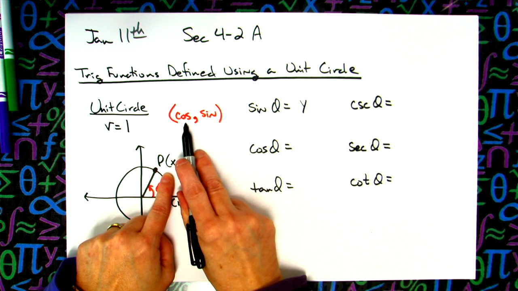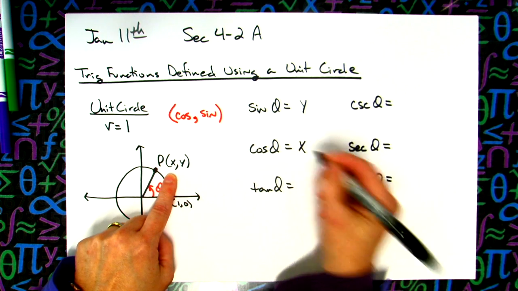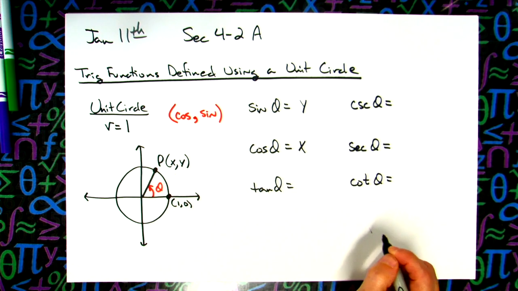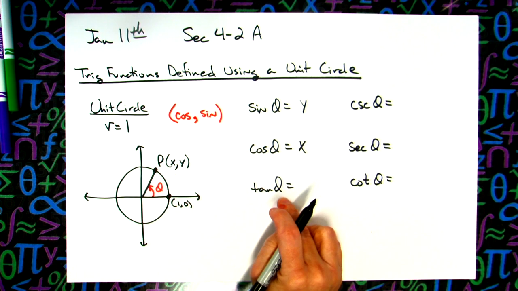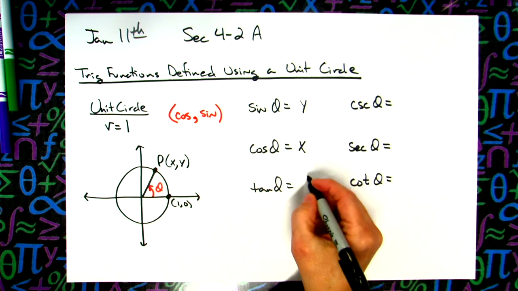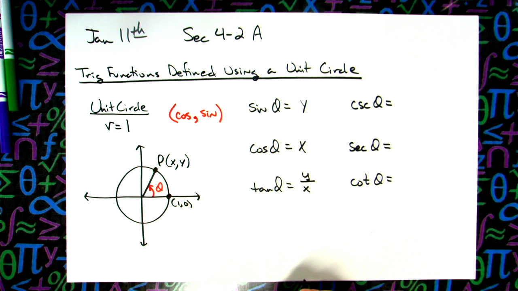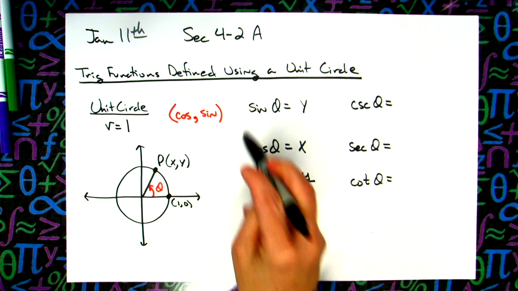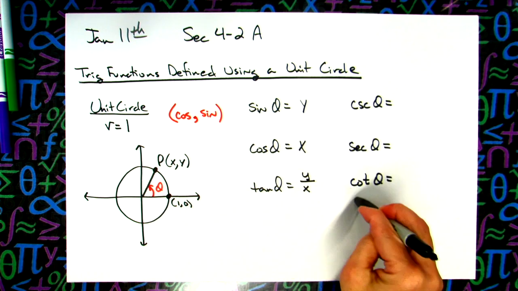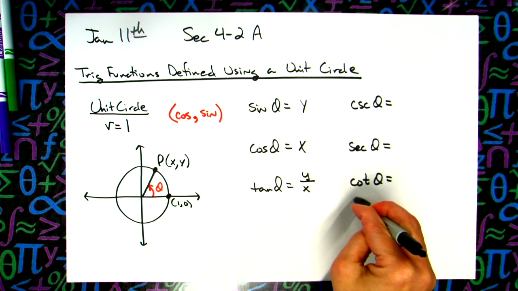Cosine theta is the x coordinate because it's always the first one, so the formula is x. Now from there, you just have to remember what tangent is. Tangent is going to be y over x. When you go to memorize these, if they're listed in this order, or you memorize them in that